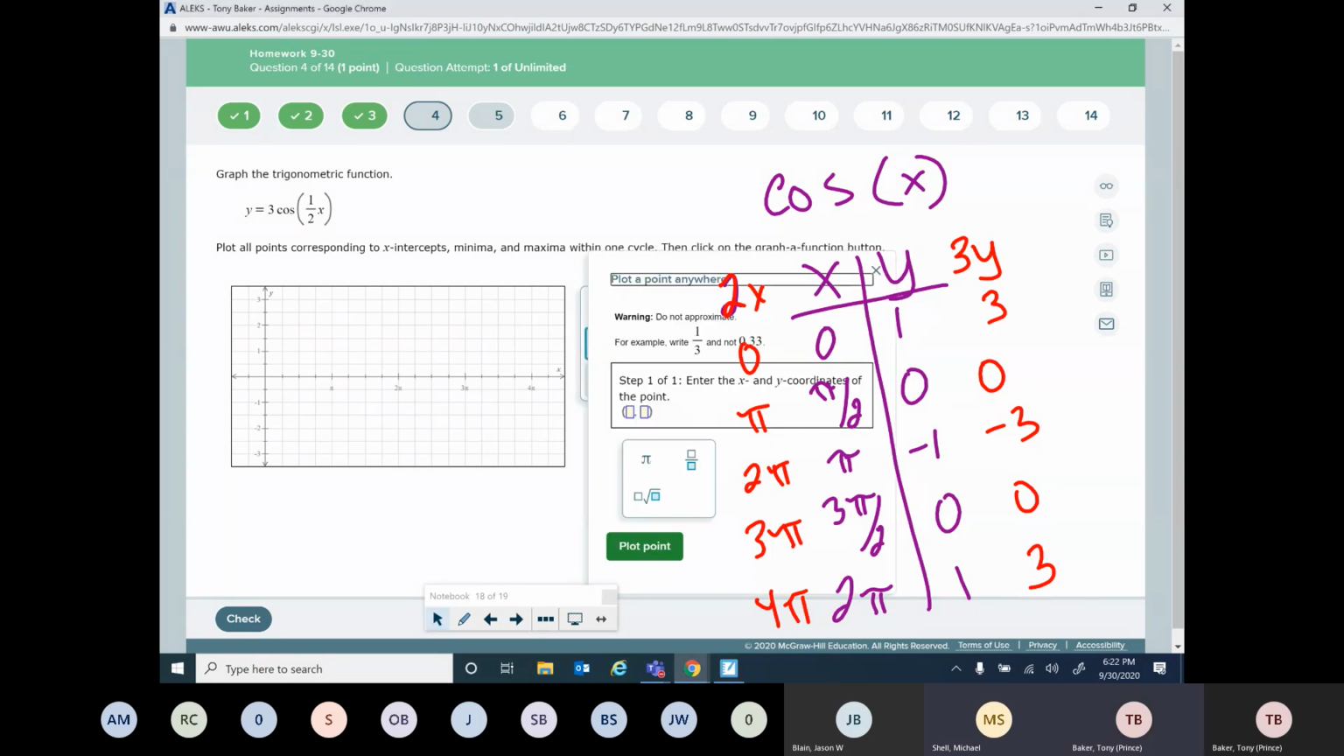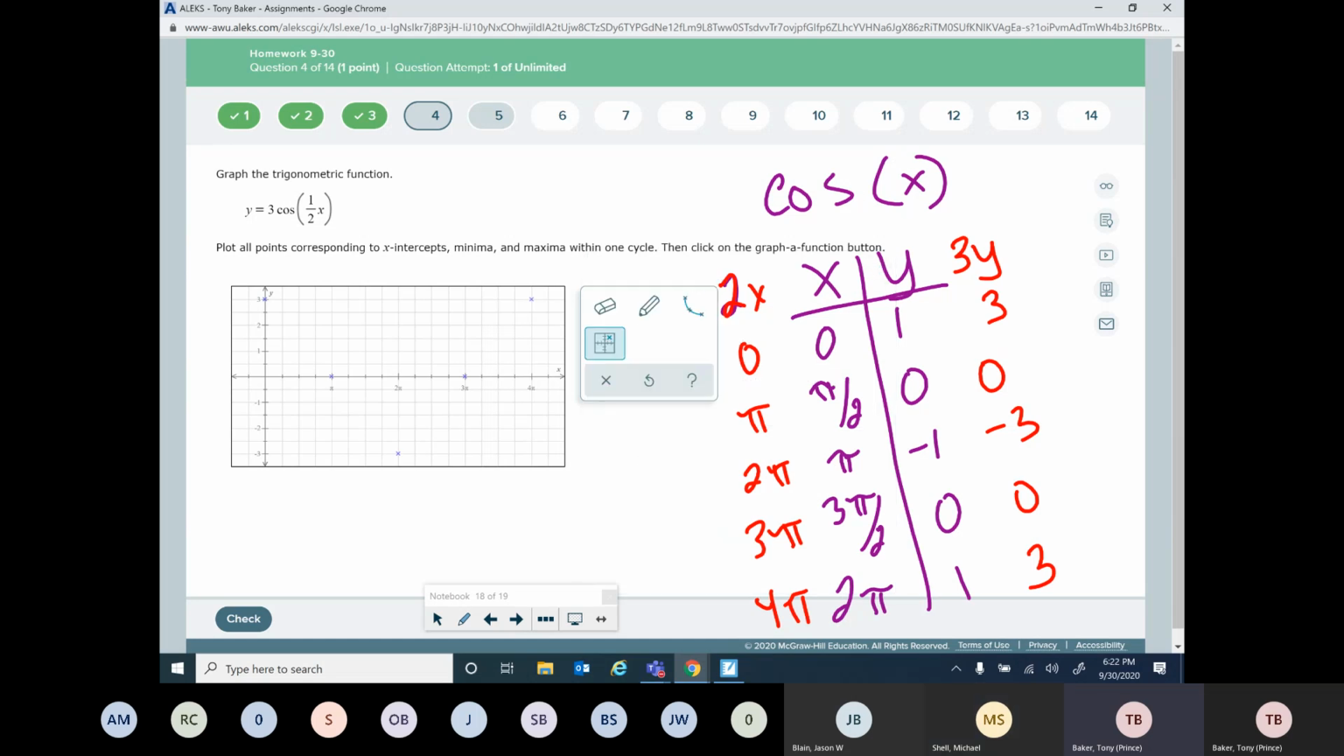So my points I graph are 0, 3, pi 0, 2 pi -3, 3 pi 0, and 4 pi 3. So you'll notice how this one